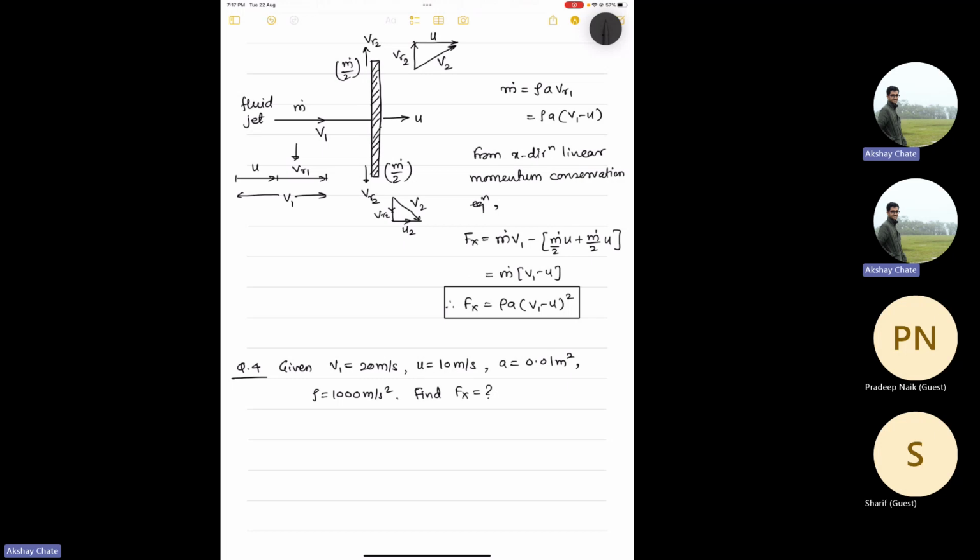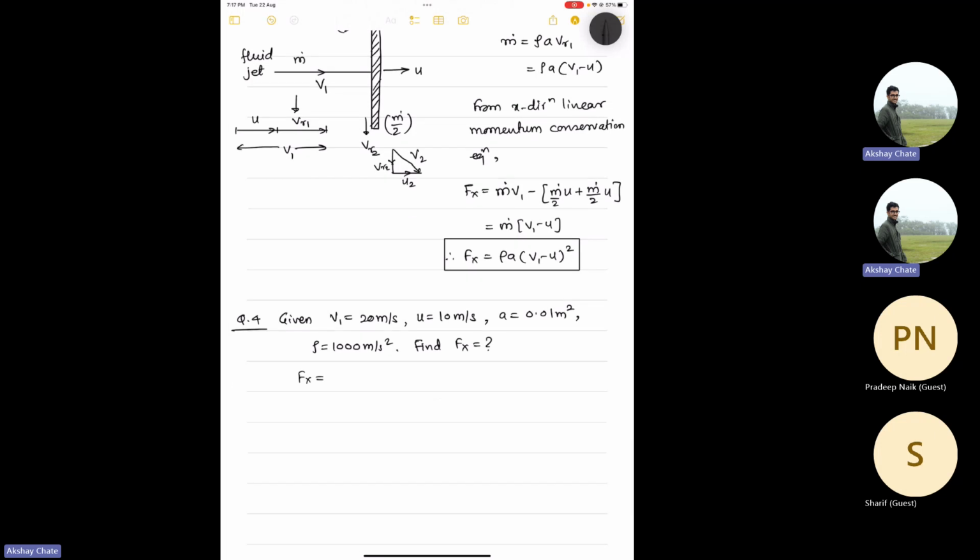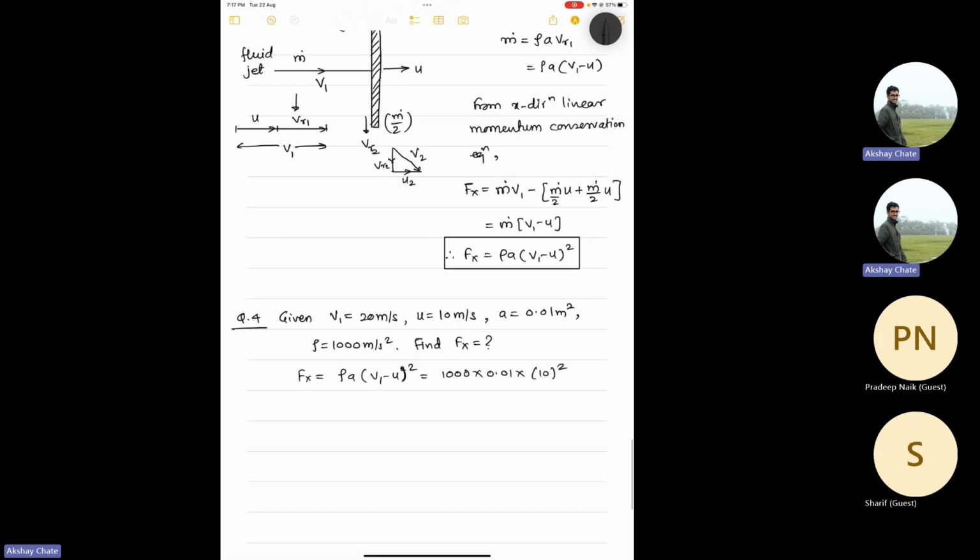So this is a straightforward question, right? Maybe we can solve it. It's one step only. So rho A (V1 minus U) whole square. So rho is 1000, this is 0.01, V minus U is 10 and its square is 100. So the answer is 1000 Newton. Once you know the formula, it looks very easy, right? Anyway,